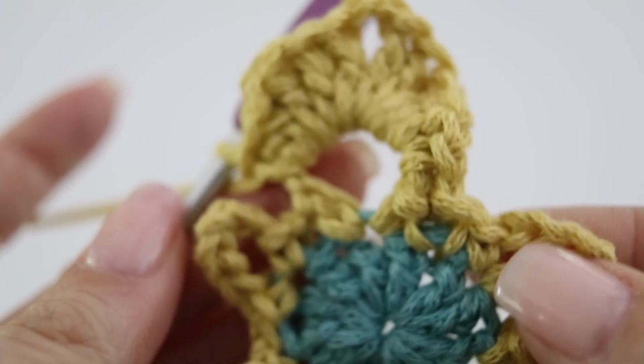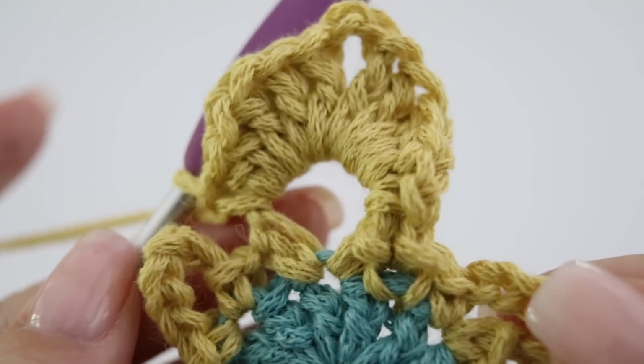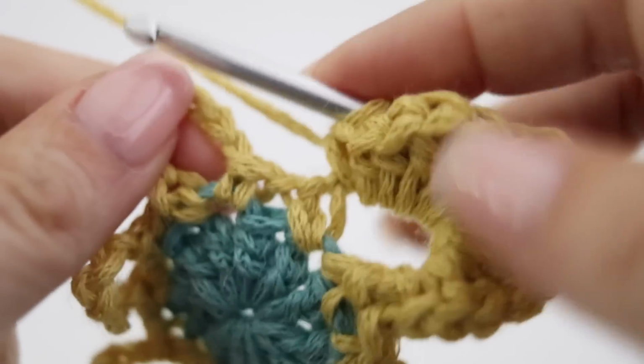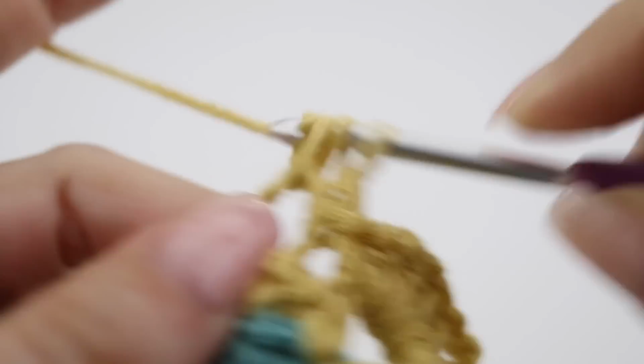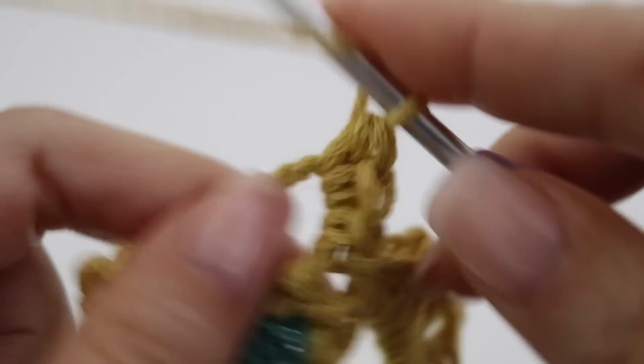And you're going to repeat this 5 more times in each and every loop space. So let's go to the next. Go straight to the next loop space and make a single crochet, and then 2 half double crochets, and then 3 double crochets,